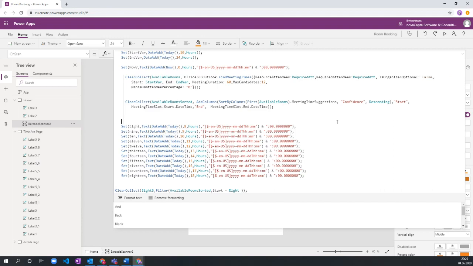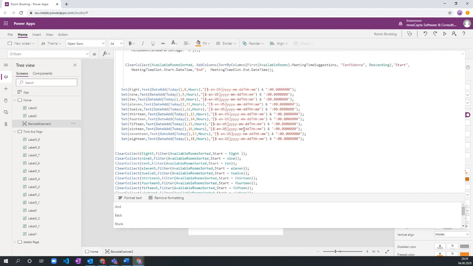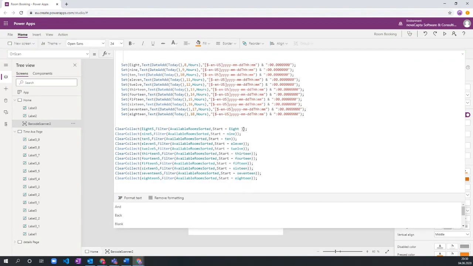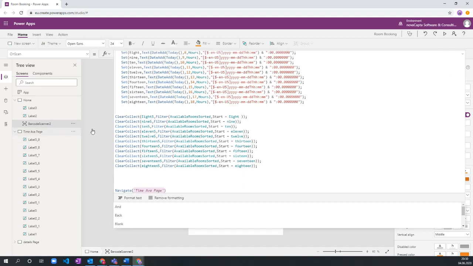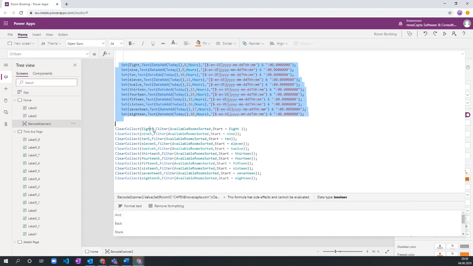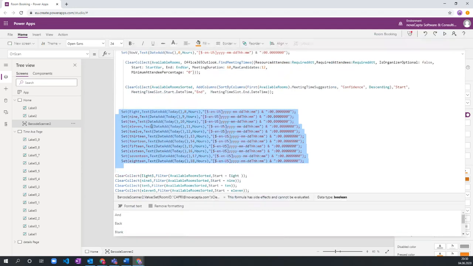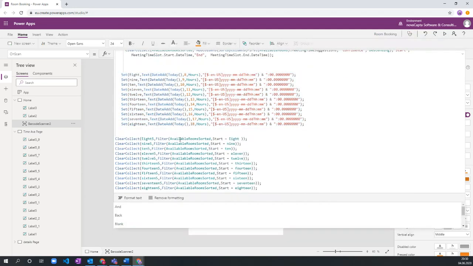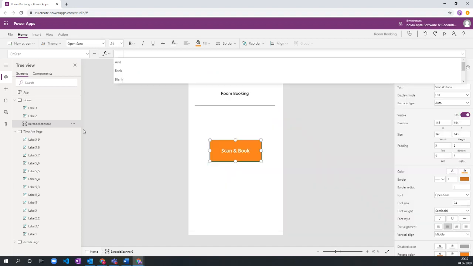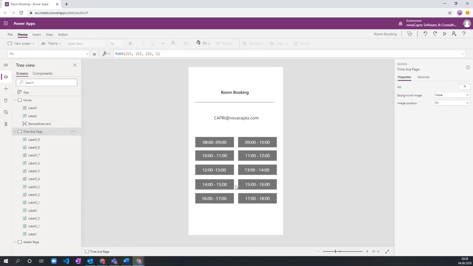I have set a variable for every hour, and I've set a collection also for every hour. Why did I do this? First, I want to talk about the variable. The variable is for every hour that I need to use it, and the collection is also for every hour I want to use it. But I filtered the availability of the room under the time, and then I went to this page,